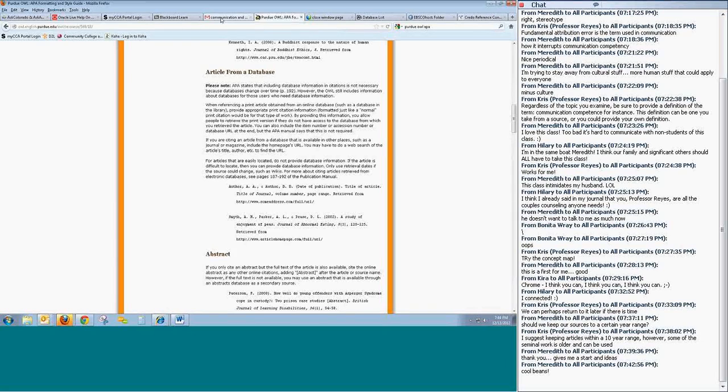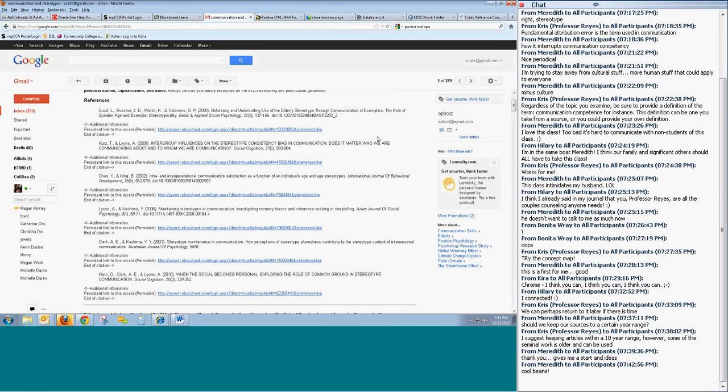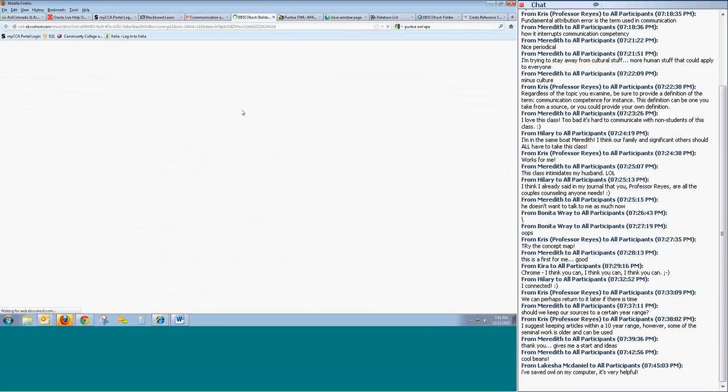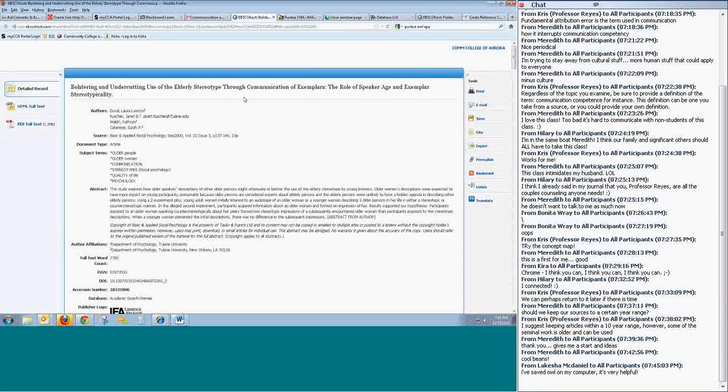So let me go back a second. I want to go back to this concept of once you get your email, what do you do? So if all I had done so far was click on this link and for whatever reason it didn't go through, and whoever has had issues with this before, if you can type into the chat what it is. I mean, in theory, it should go to that page in EBSCO. If it stops and asks you for your S number because you're off campus,